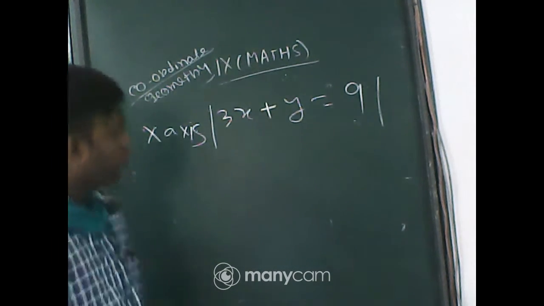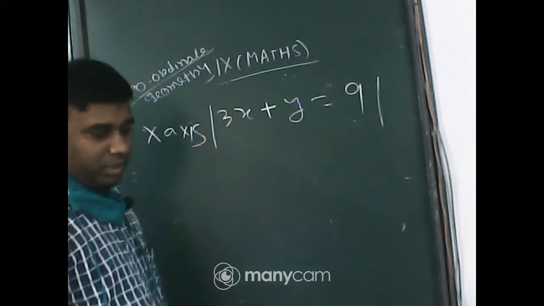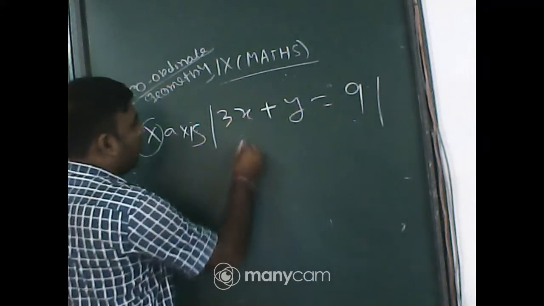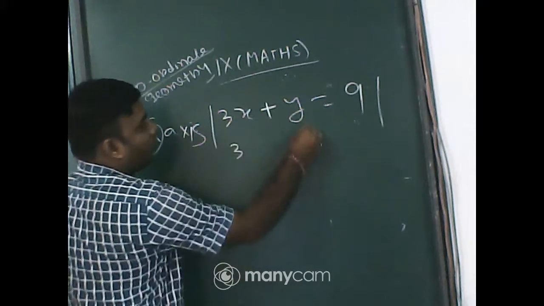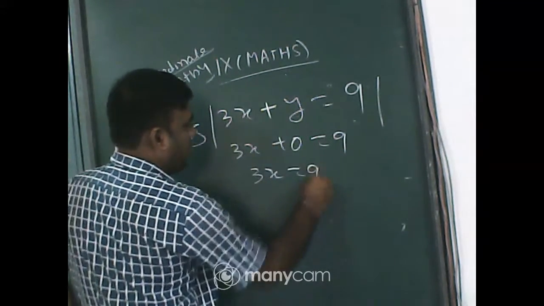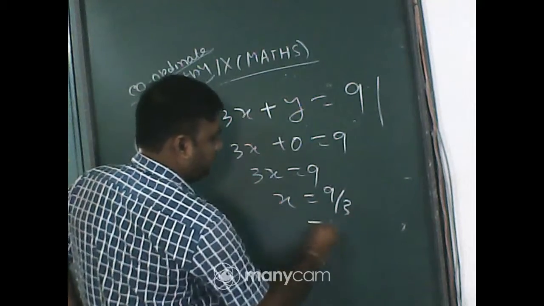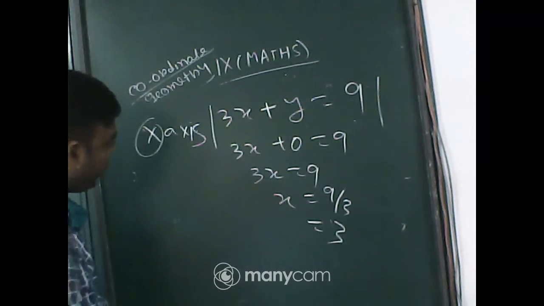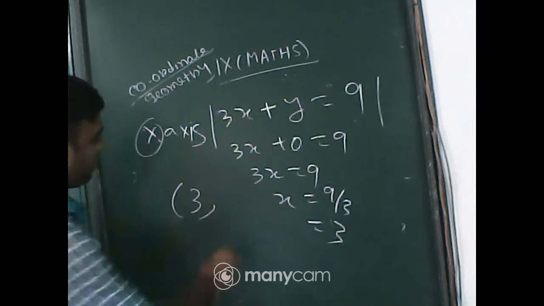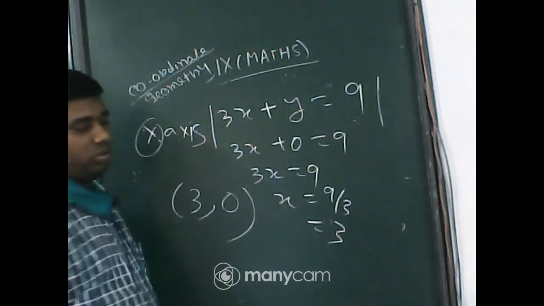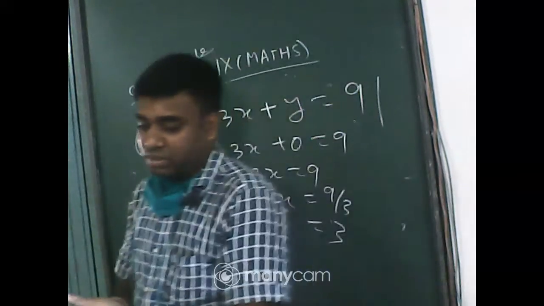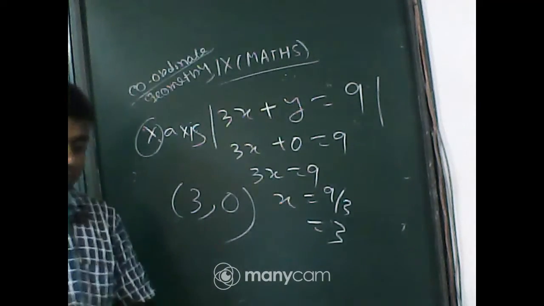Okay, Priya, I hope you have given the right answer. As it cuts the x-axis, you should put y equal to 0. So x equal to 3 and it cuts the x-axis. Cut the x-axis means y should be 0. Got it everyone? Any problem now? Is the concept clear?